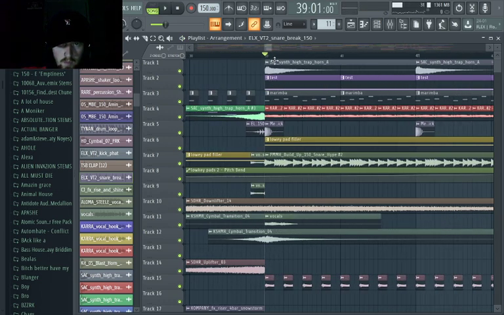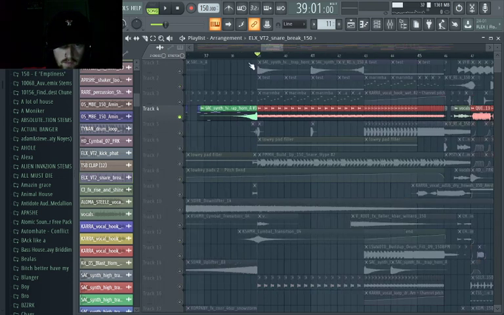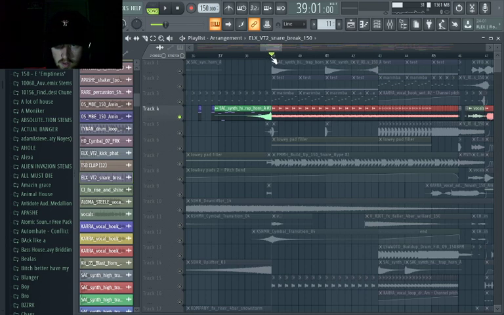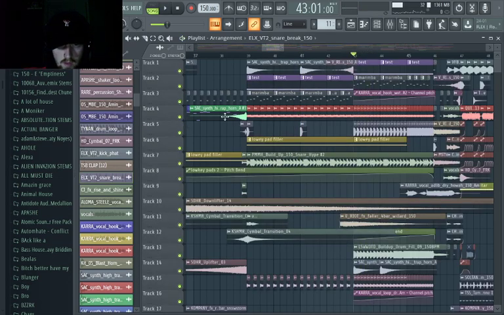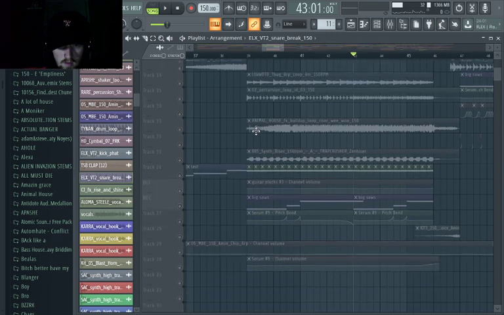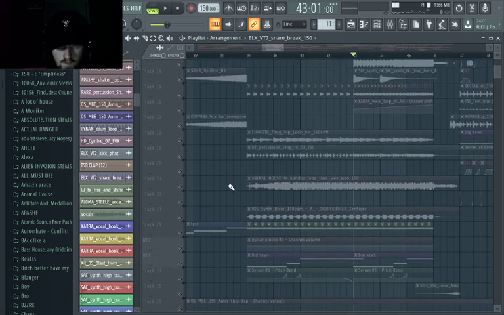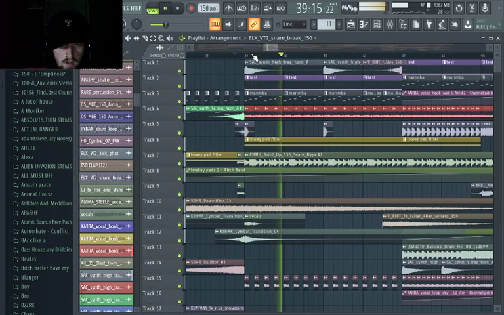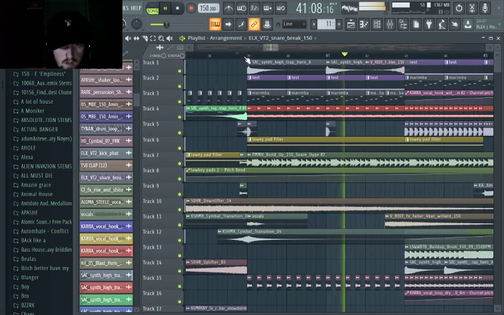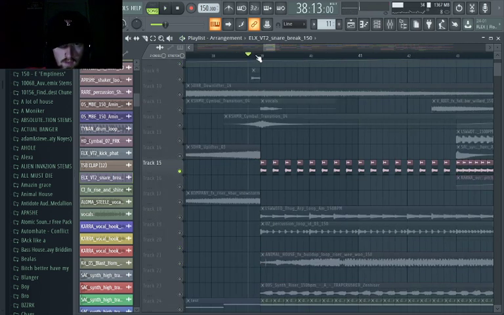For the build up, we have the bass kind of repeating over and over again, and then I'm sure you heard just a second ago, I was talking about this horn. Pretty basic. I don't know, am I modulating the pitch? I'm not. Okay, so just leave that. I am modulating these though,